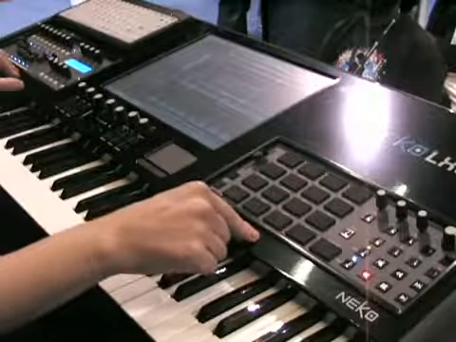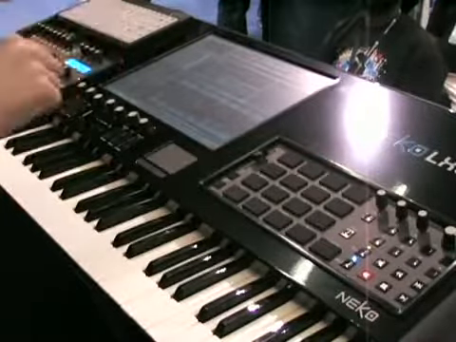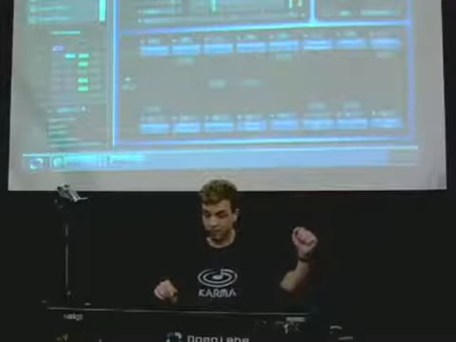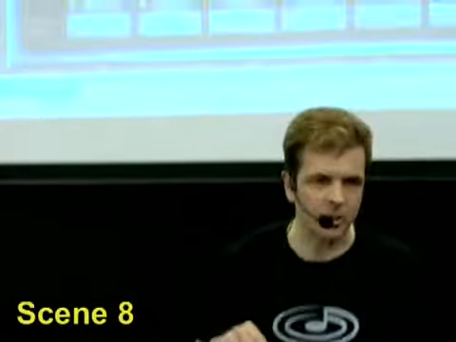Let's go to scene 8. First, let's trigger a drum fill with my 17th pad. Now we've got some fuzzy stuff going